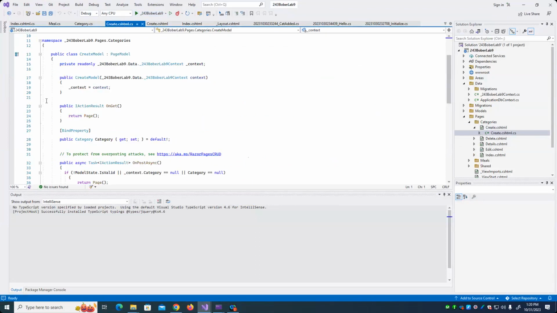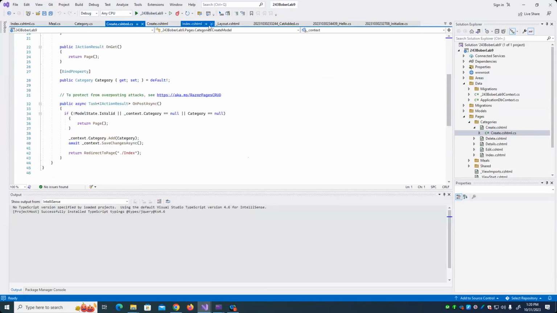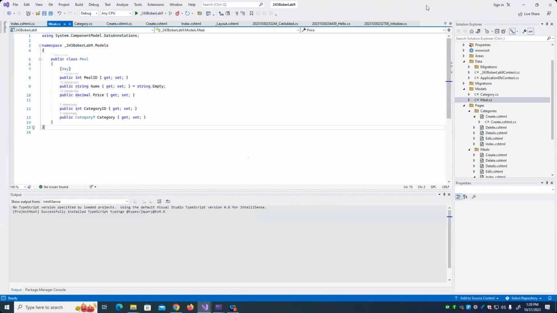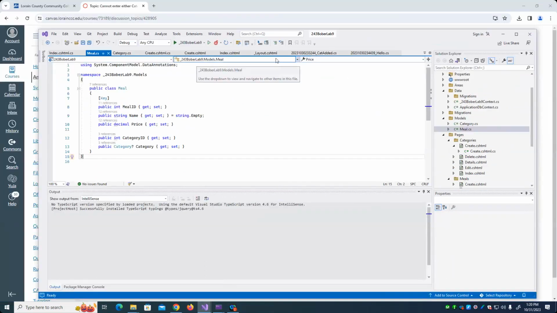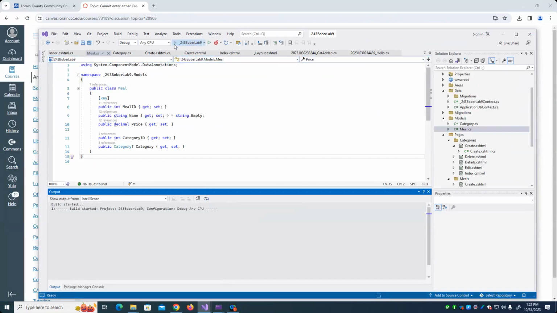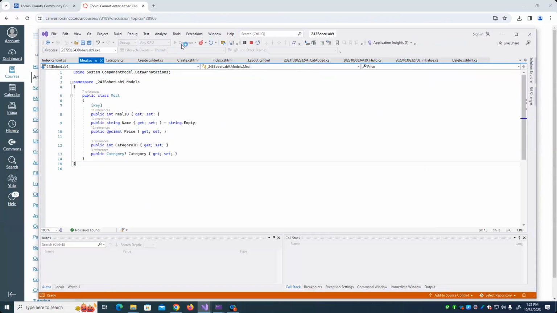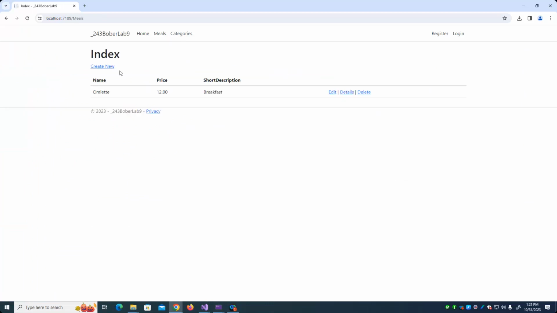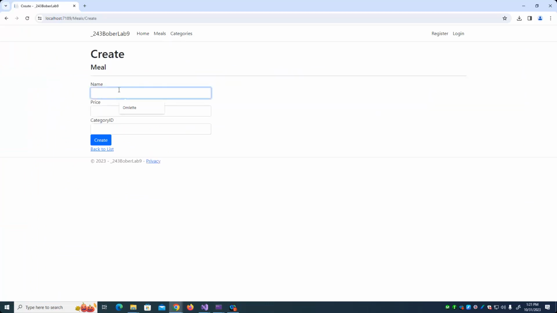And make sure my breakpoints are gone. Well, we'll see if the breakpoints are gone or not. If I go in here and run this, right now I have to enter in for a meal. I have to know the list of category IDs. So if I try to go in and enter something else other than a valid,